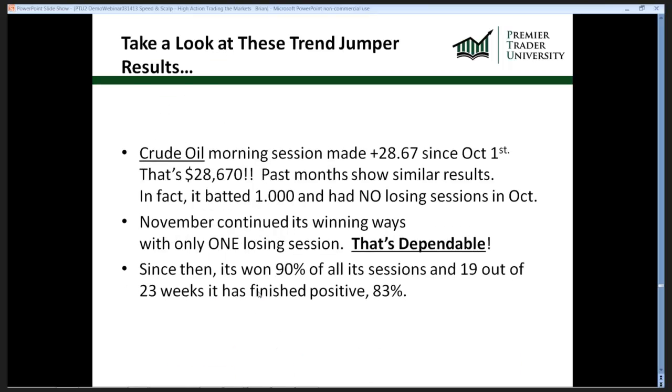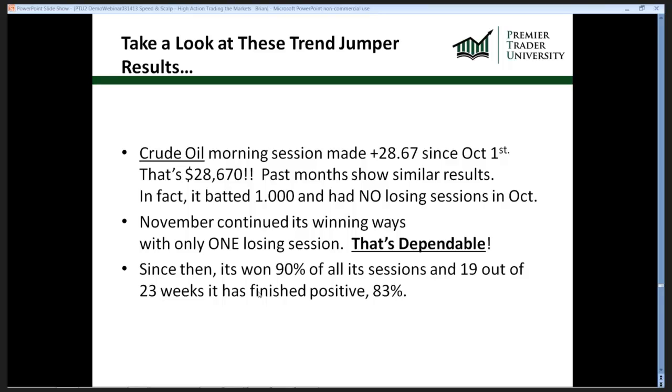Okay, all right, great. Well, I've been tracking a lot of trades. A lot of them we're trading every day in the trade room. And crude oil, since October 1st, it's been pretty great. Crude's been tougher lately. You could scalp crude, I guess. Some of the trades are scalp. But it's done over $28 per contract since October 1st, and that's $1,000 per dollar, so it's close to 29,000 bucks, and it's just continually making new profit levels on a regular basis.